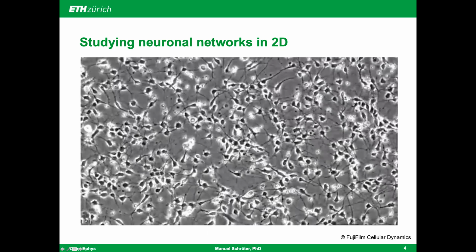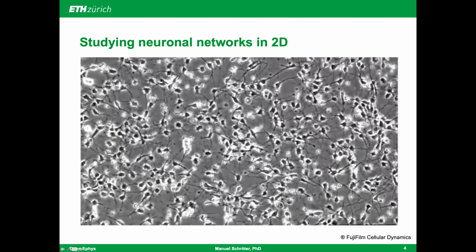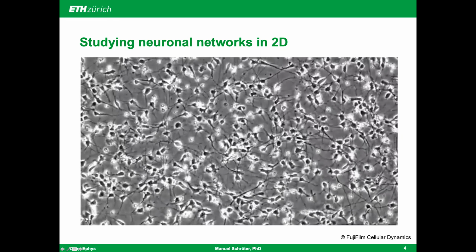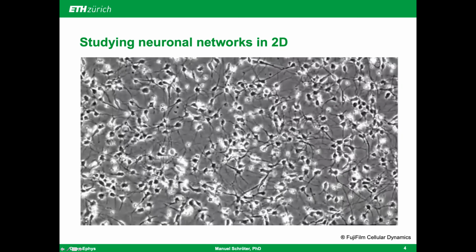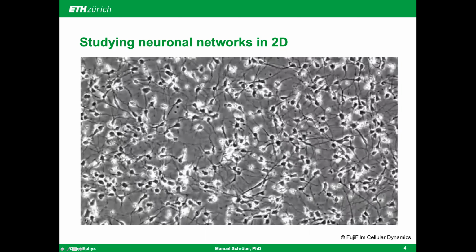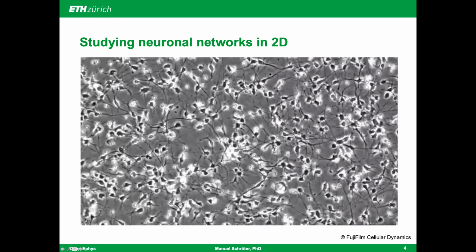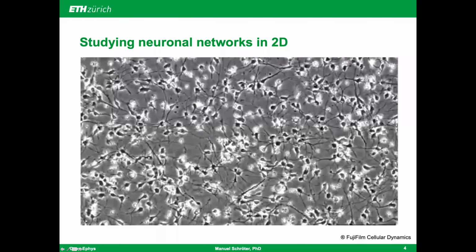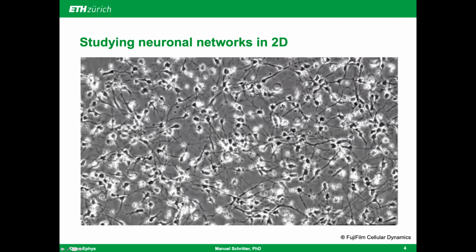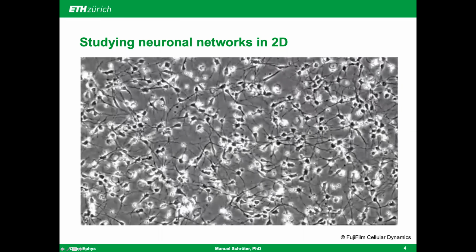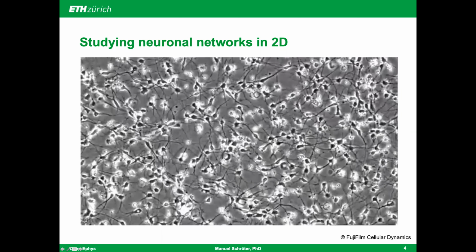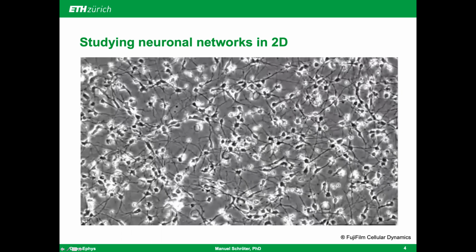As you can see, they start as single dissociated neurons and then form, as time goes on, new connections with other neurons. Such model systems have been heavily used for several decades and allowed us to gain a lot of the knowledge that we have so far on neuronal physiology, such as axon outgrowth and ion channel dynamics. Having said that, it is also important to keep in mind that this is a model system with advantages, but also its limitations.